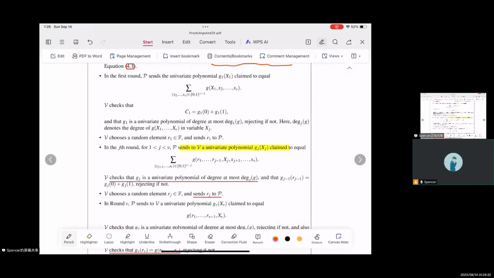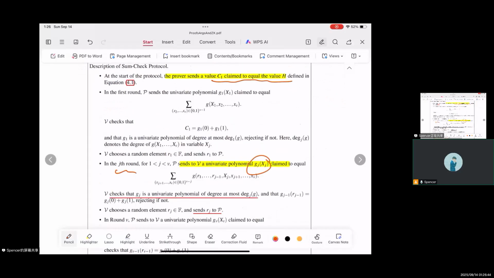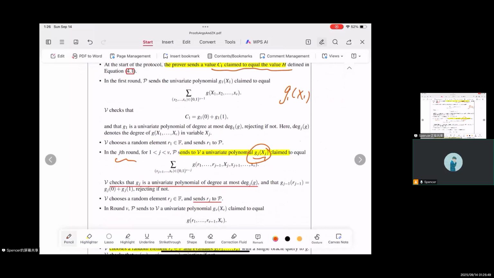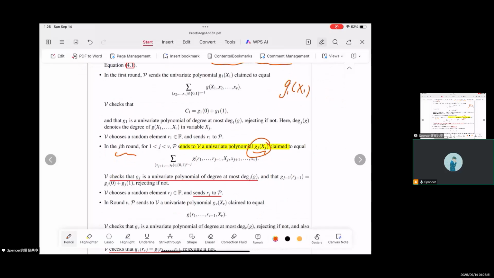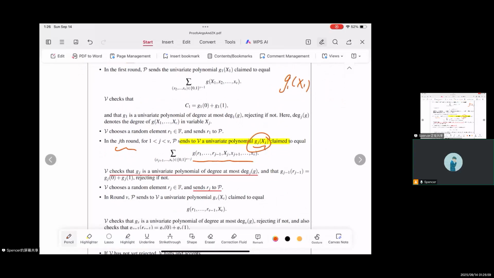After that, in the jth round, okay, the last round will be the vth round. In the jth round, the prover sends to the verifier a univariate polynomial. So now it is not only G1(X1). Now it upgrades to Gj(Xj), claimed to equal, similar to our first formula, but the difference is that for the previous variables, those parallel to xj,